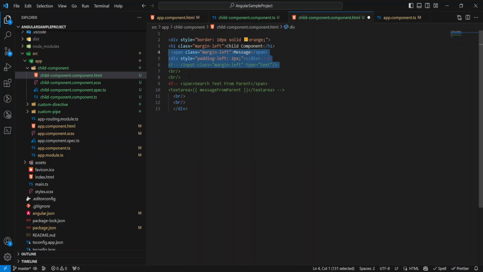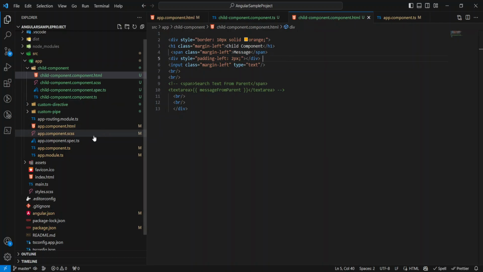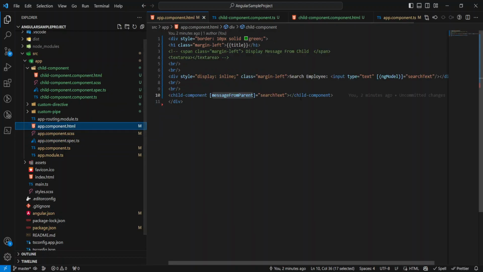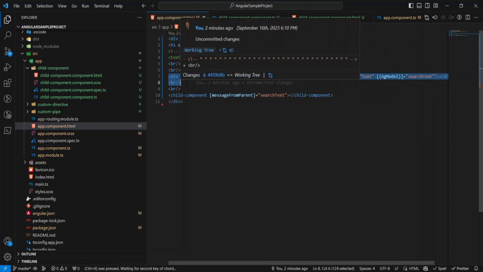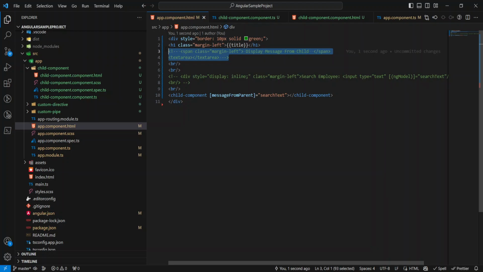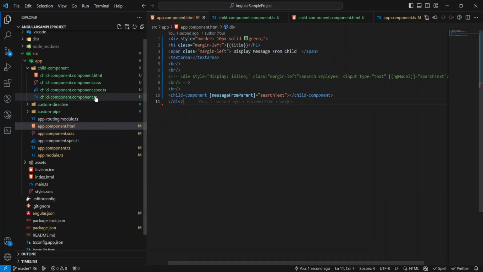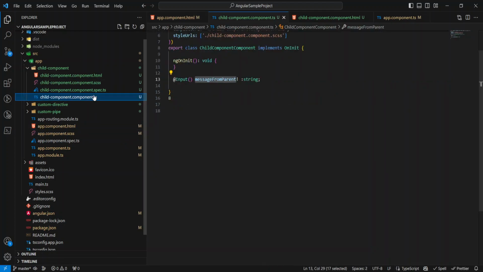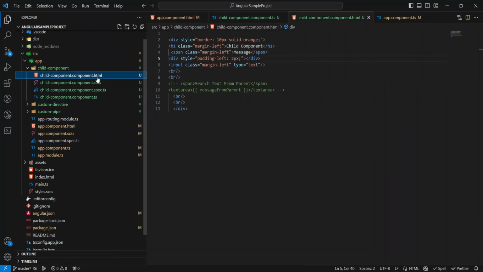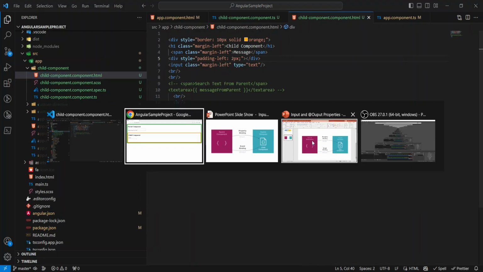In app.component.html we will comment this and comment this. Okay, this is our child. So if we go to the browser,